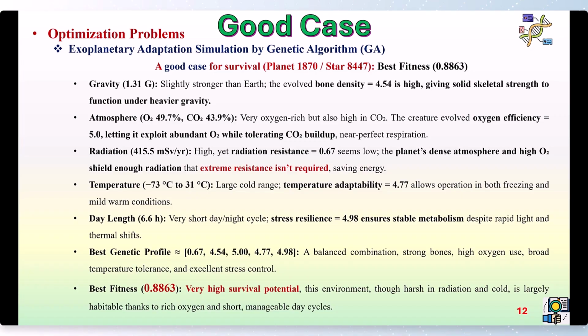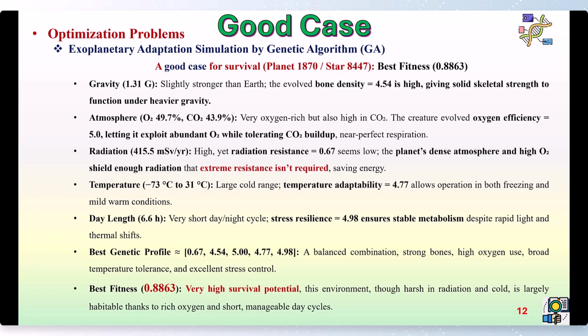Also, for the atmosphere, we have 49% oxygen and 43% carbon dioxide. Very oxygen rich, but also high in CO2. The creature evolved oxygen efficiency equal to 5. That means a lot of mutation for that part. Radiation of 415 mSv per year, which seems low. The planet's dense atmosphere and high oxygen shield enough radiation that extreme resistance isn't required, which saves a lot of